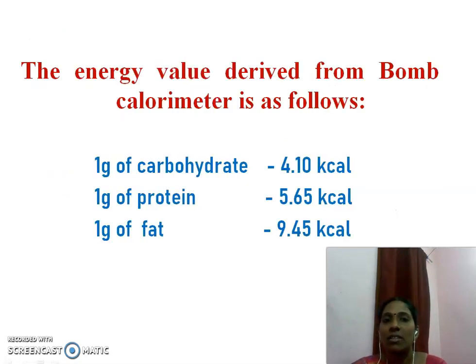Based on this, we can derive the energy value of foods for different nutrients. The energy value derived from the bomb calorimeter is as follows. If you take 1 gram of carbohydrate, it will yield 4.10 kilocalories. If you take 1 gram of protein, it will yield 5.65 kilocalories. If you burn or oxidize 1 gram of fat, it will release 9.45 kilocalories. So these are all the kilocalories which we can derive based on the